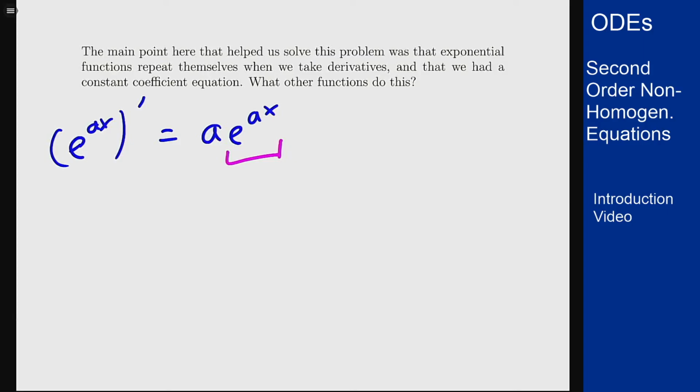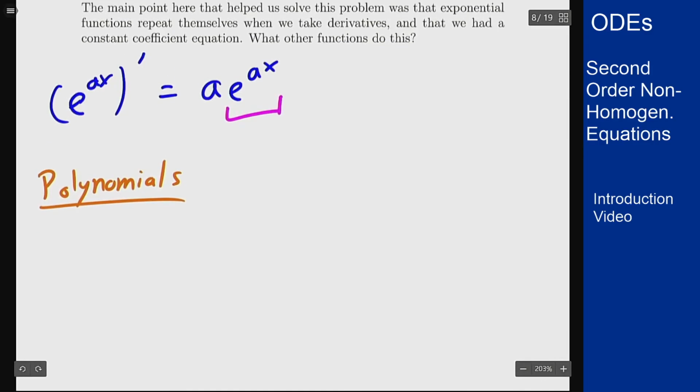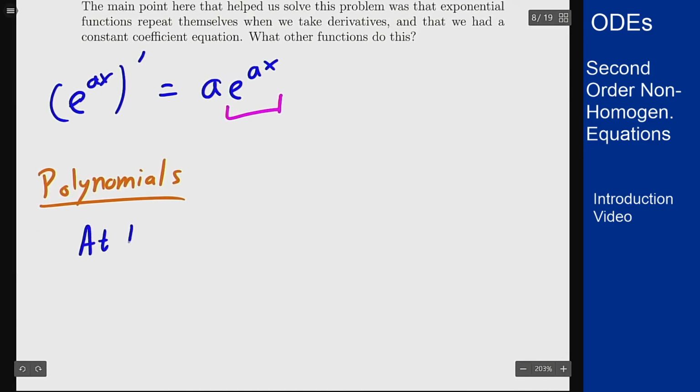What else could do this? Well, polynomials also do this. They lose a degree every time, but if you start with a polynomial and differentiate, you keep getting polynomials, right? If I have something like at plus b, and I differentiate, I just get a. That's still a polynomial of one less degree. So if I saw a polynomial on the right-hand side, I could guess a polynomial with undetermined coefficients and try to solve that out and see what I would get,